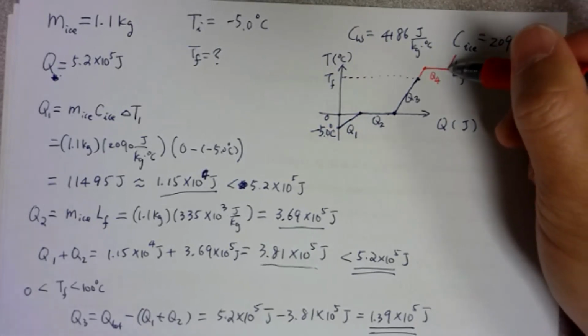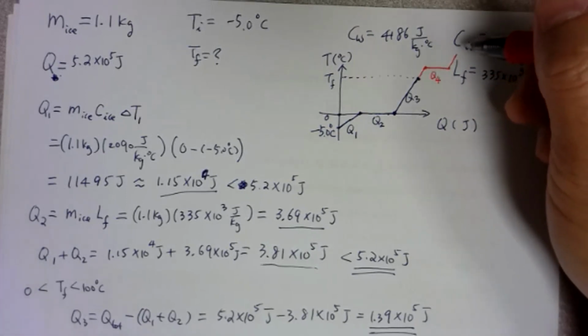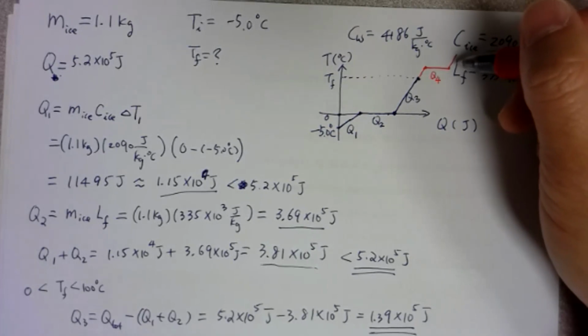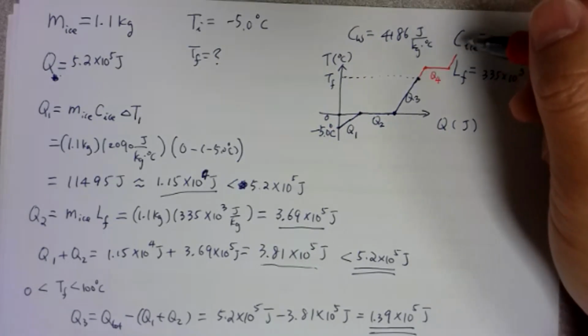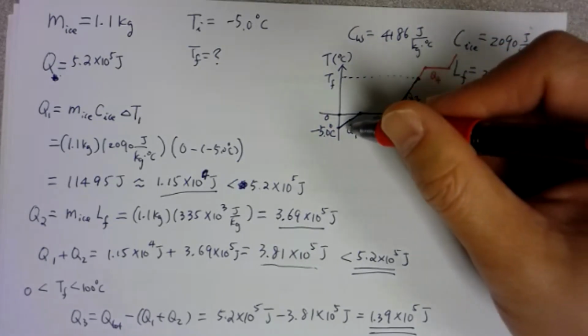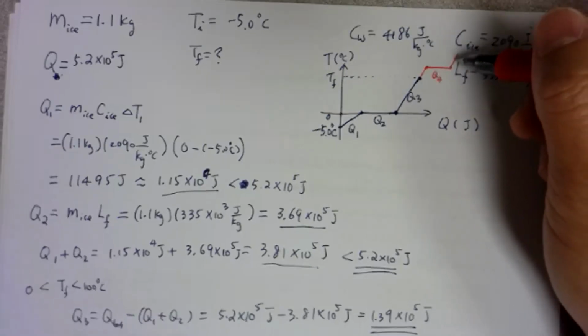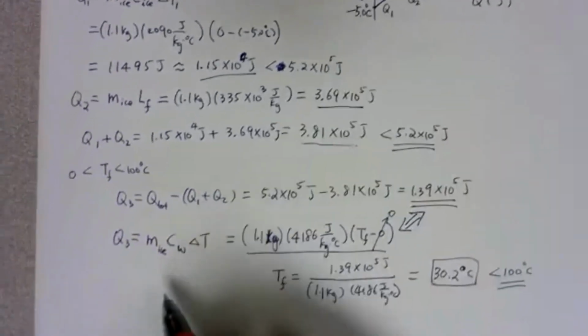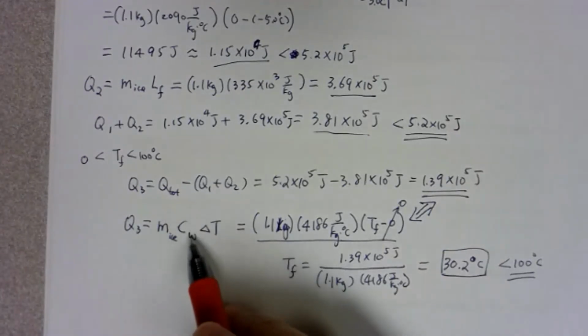After the vaporization process, the vapor's temperature will increase beyond that point. Then you can calculate the final temperature by doing Q total minus those four Qs, and then you can also calculate Q5, which will be the mass times C of the steam